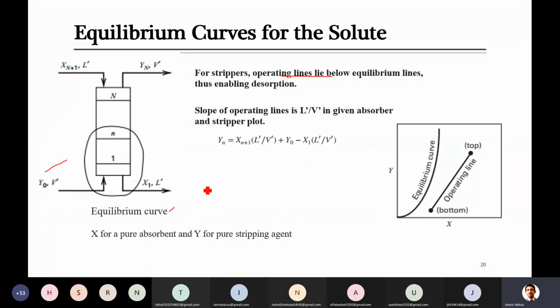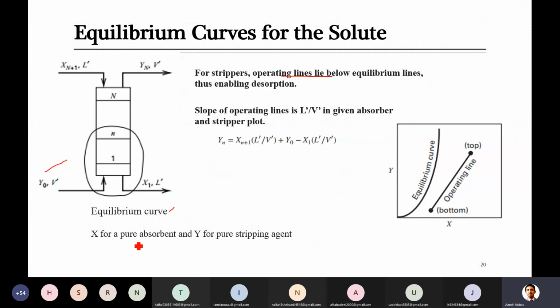Already we have discussed that whenever the operation takes place, there is an equilibrium point to reach. Vapor and liquid both try to reach equal concentration of the solute inside the column, and we can draw the equilibrium line by using that equilibrium principle and equation. Already I have discussed K is equal to y over x, and then that was represented in the form of capital X and capital Y.